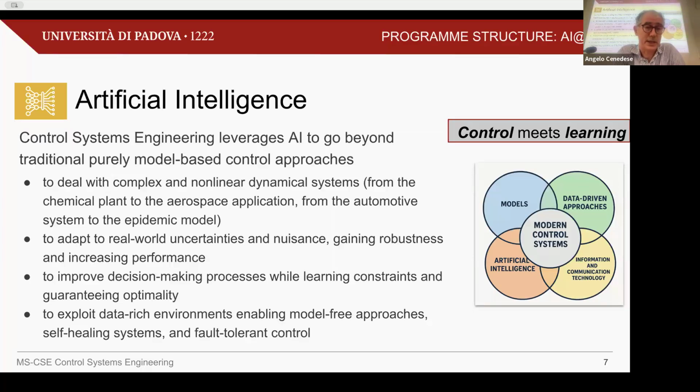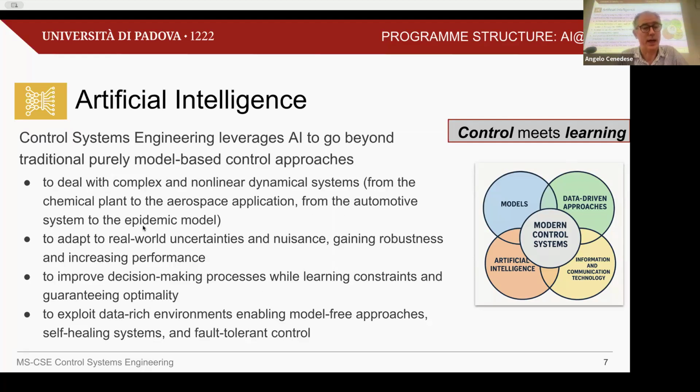So in this sense, we want to exploit this amount of data in order to build more proper, more efficient, more responsive control systems. And to do this, we exploit learning, data-driven techniques in order to improve our control systems,